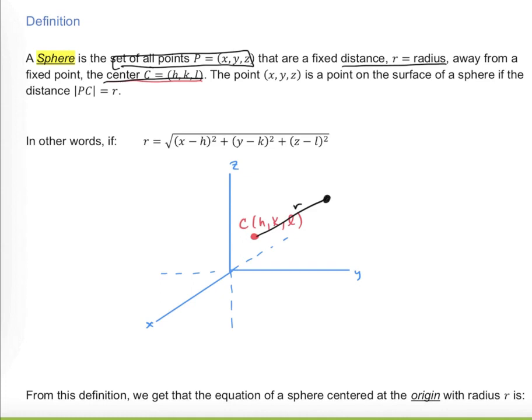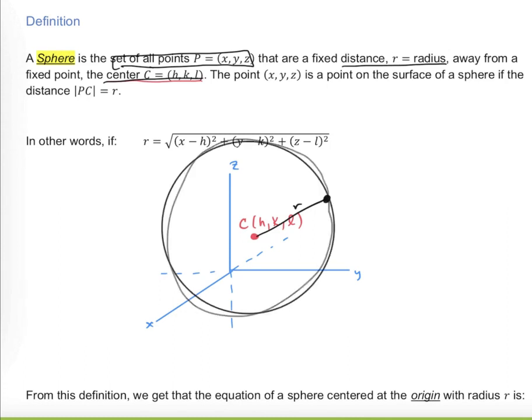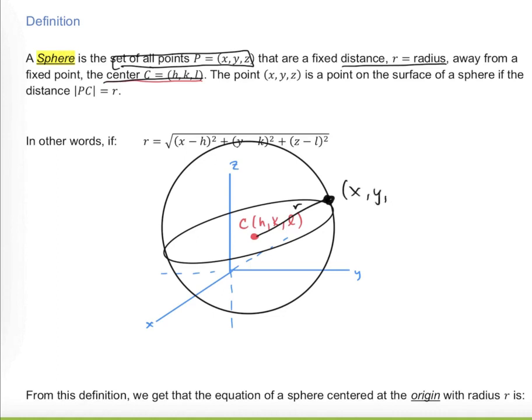And we want all the ordered triples that are this distance away from the center. So we're actually going to go all around that center point here to get all of those ordered triples. We're going to go out and grab the ordered triples that are a distance of r away from that center point in all directions. So a sphere is the collection of all x, y, z ordered triples that are this distance r away from